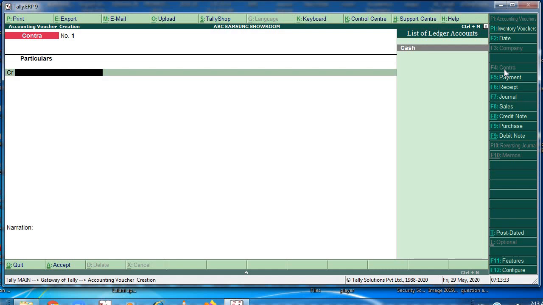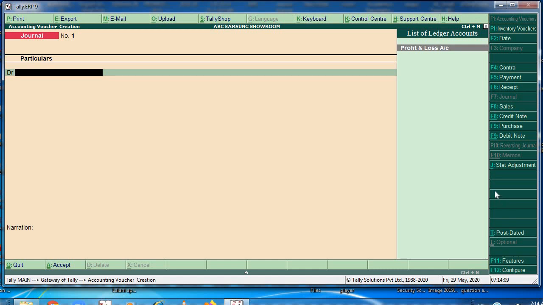Then we have journal voucher, F7 for the journal voucher. You can see over here. Unlike other vouchers, a journal voucher in Tally can come under the roof of both accounting and inventory voucher. There are multiple uses of journal voucher in Tally depending on the type of business it is being used for. It can be found as an optional voucher in Tally to make sales and purchase by accountant. Professionals can also use it for the adjustment or transferring of stock from one warehouse to another.